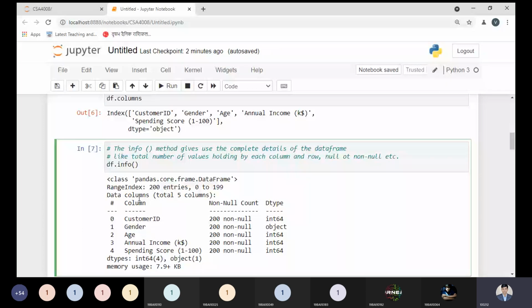We have the total number of entries, the total number of rows, 200, indexed 0 to 199, and the total number of columns is 5. So we have each and every piece of information here.